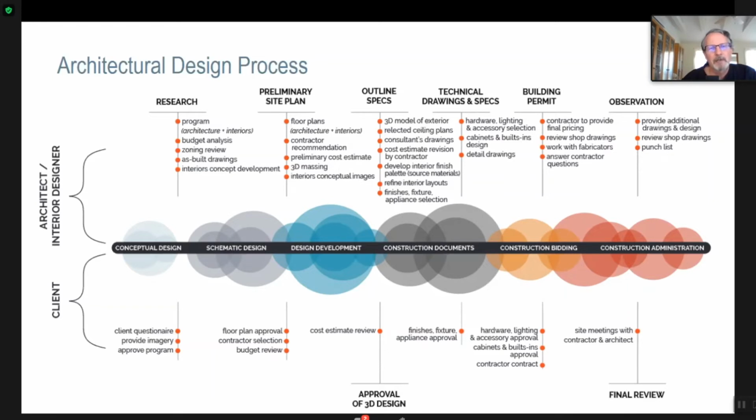I ran an industrial design group at NBBJ, and I thought I understood it. But when I worked in manufacturing at Herman Miller, I really got to understand how different an architectural design process is from many other industries that have design processes. And I think industrial design is the biggest gap.